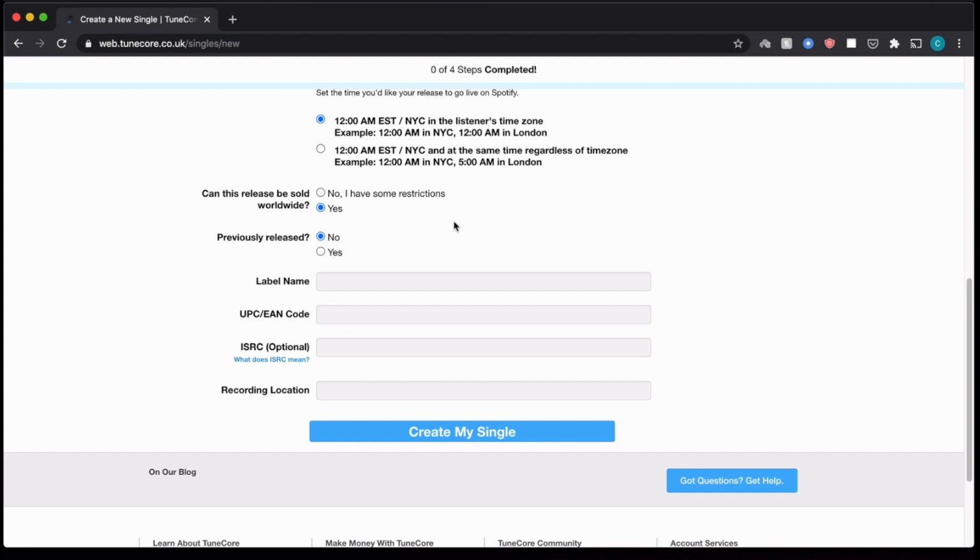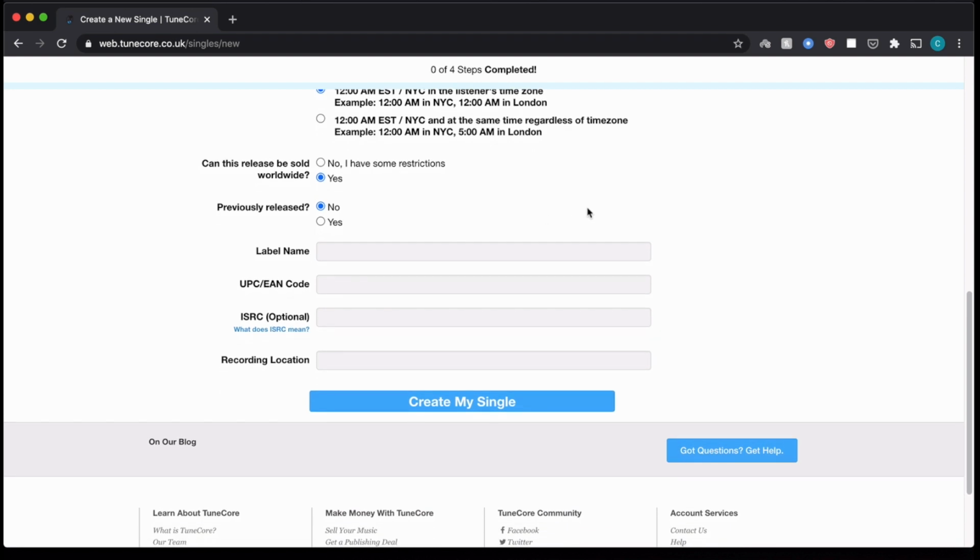Otherwise, choose yes. If this has been previously released, then choose yes, and then make sure that you're using the same ISRC that you used previously. For example, let's say you released this exact same master recording of this exact same song some years ago, but you're re-releasing it maybe because of new platforms or what have you. If you want it to completely match, if you want it to have the same stream count, if you want it to exist as one song, as one recording in Spotify, make sure you use the same ISRC as you